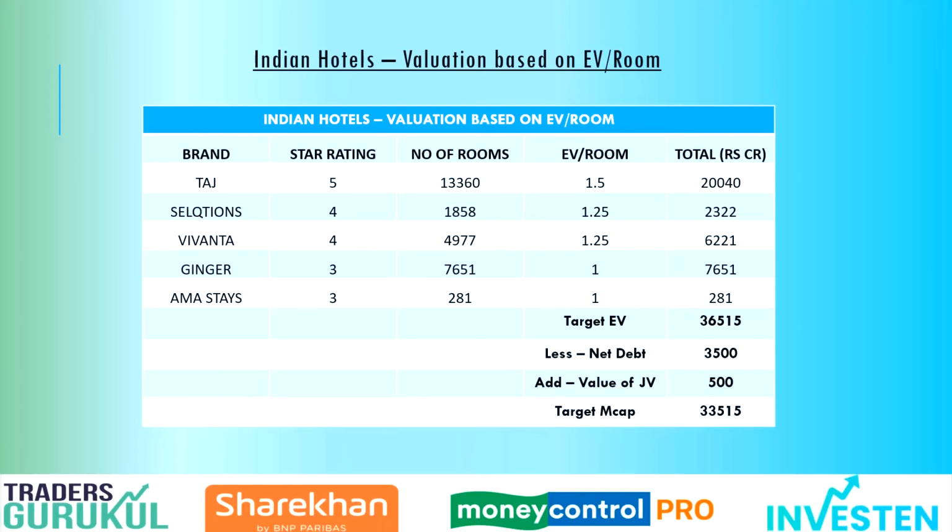So how did I value this? I first went to the website of Indian Hotels and noted down its various brands, their star rating, and the number of rooms in each category. By using the EV per room technique, which I mentioned in the previous slide, I came up with a target enterprise value of approx 36,515 crores. I then subtracted the debt and added value of various joint ventures of Indian Hotels and came up